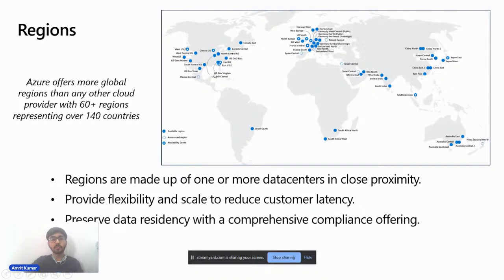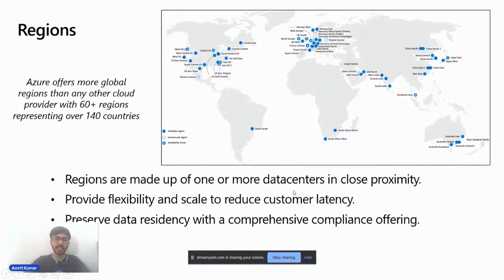Even if I want to connect with the US region, I can do that, or East US, or any region from Norway. This can be provided by cloud services and Azure services especially.